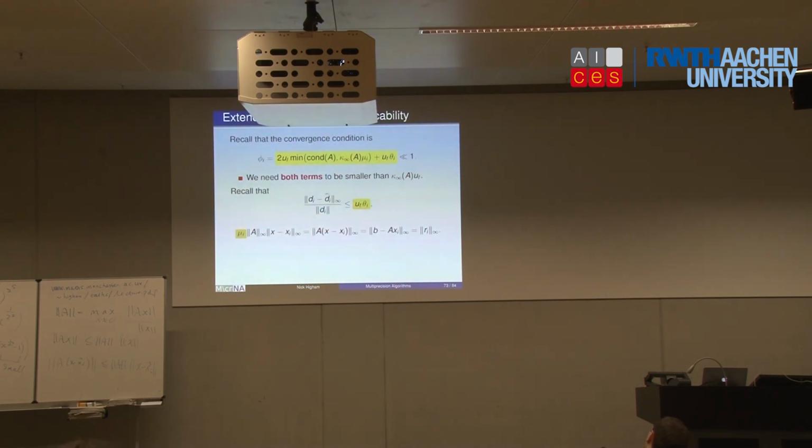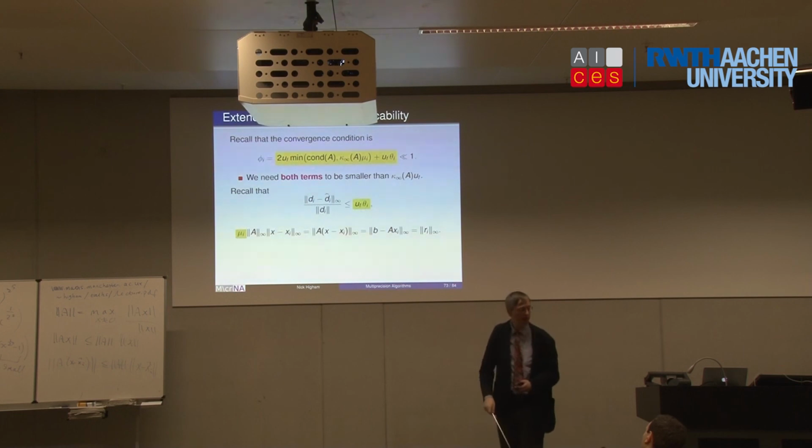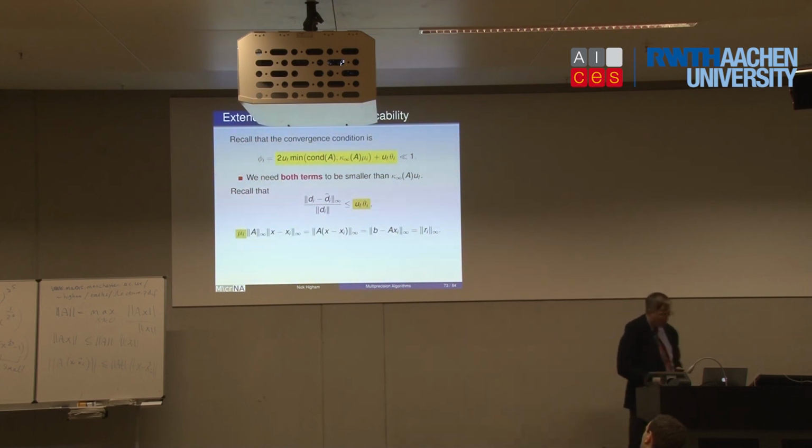Well, let's go back to the analysis. The bound is shown in yellow, and for that to hold, we need both those terms in the yellow box to be less than 1. The second term is the error in the update, the error in that solve, and the first term involves this mu defined like that. So I would like to argue that the u_f theta can be less than 1, and I'd also like to be able to argue that this mu term is small, because mu will hit the kappa and hopefully counteract kappa.